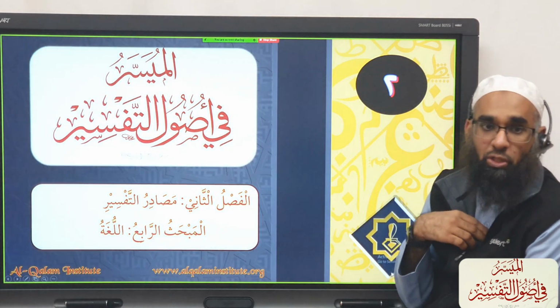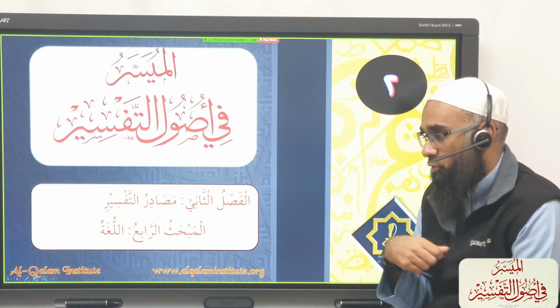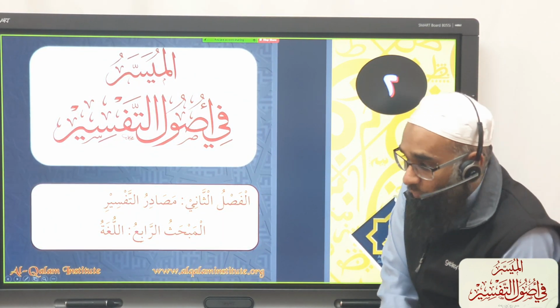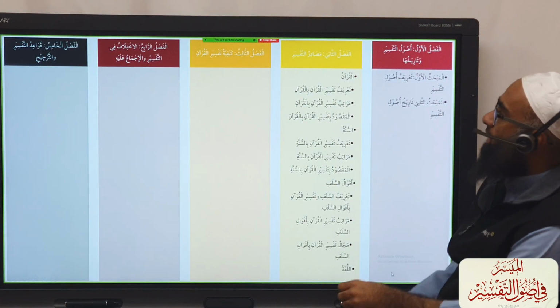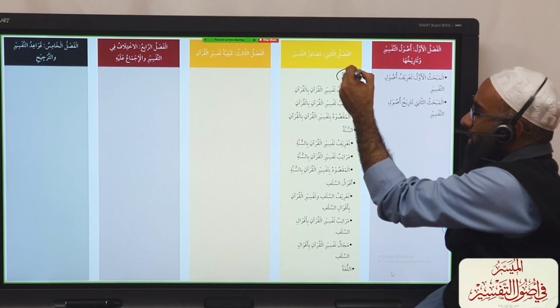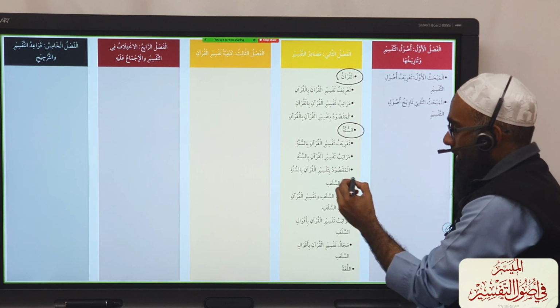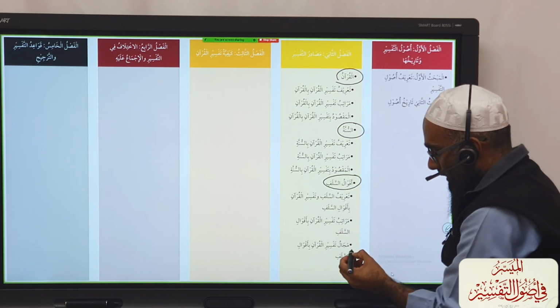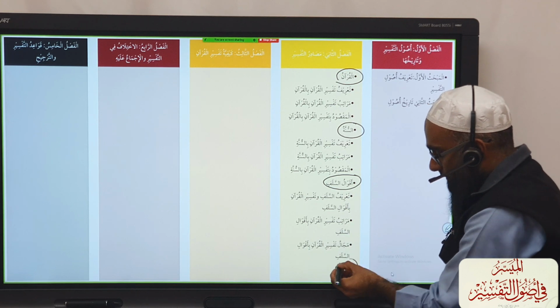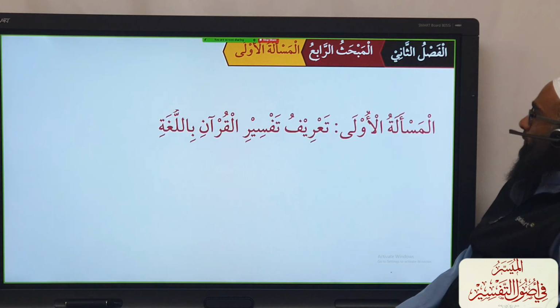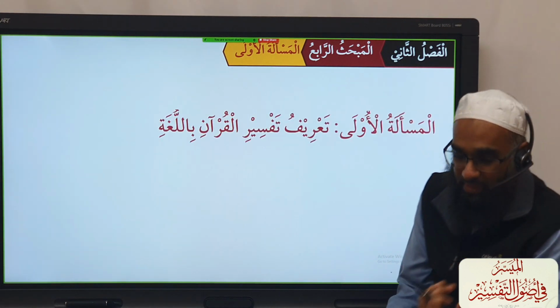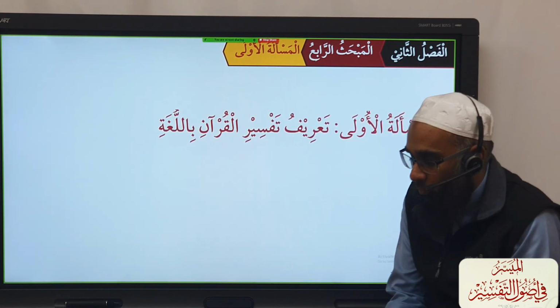So we are continuing with the masadir of the tafsir, sources of tafsir. And the fourth source is al-Lugah. So during the masadir of tafsir, the primary source is the Quran, then the Sunnah, Aqwal salaf, and now we're here on al-Lugah. Yes? So what does it mean by doing tafsir of the Quran using the